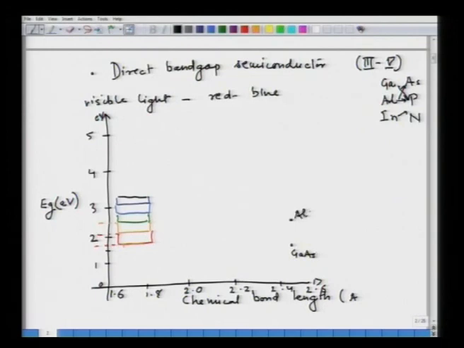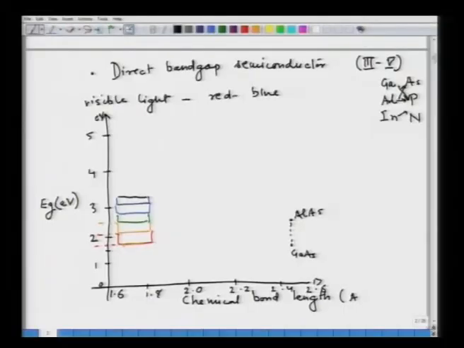Gallium arsenide, aluminum arsenide, it is a very interesting system. If one looks at it all the way going from gallium arsenide to aluminum arsenide, although we are changing the aluminum to gallium atom, the lattice parameter of this particular material does not change,